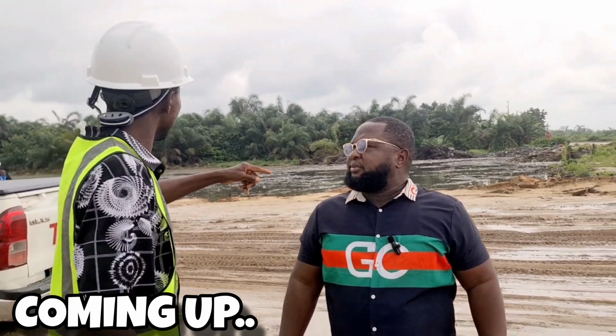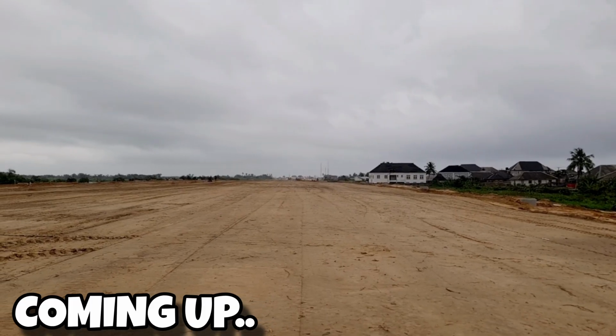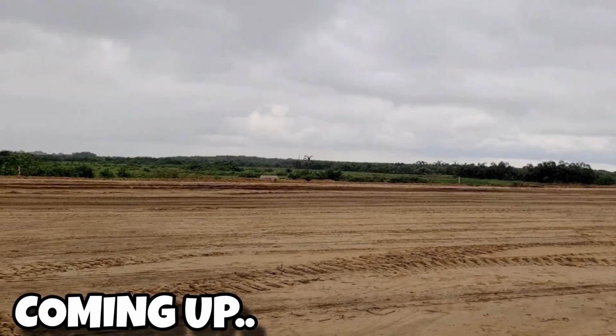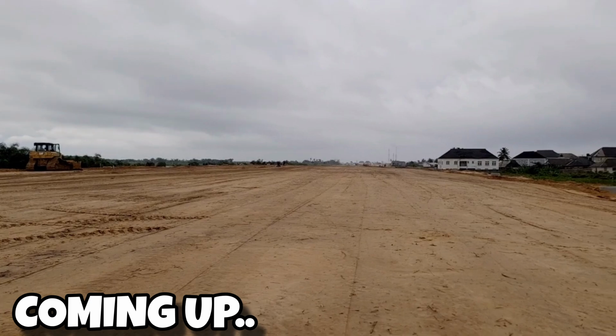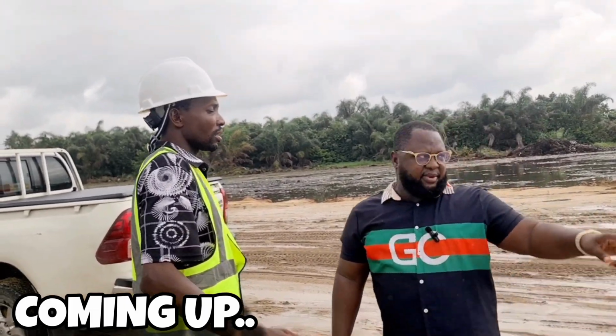Between the middle of this road, we are going to have a train line. Here, 5 lanes, and then in the middle, we are going to have a train. And then people coming from Calabar have to fly over here to Lagos. But if there's a roundabout here,